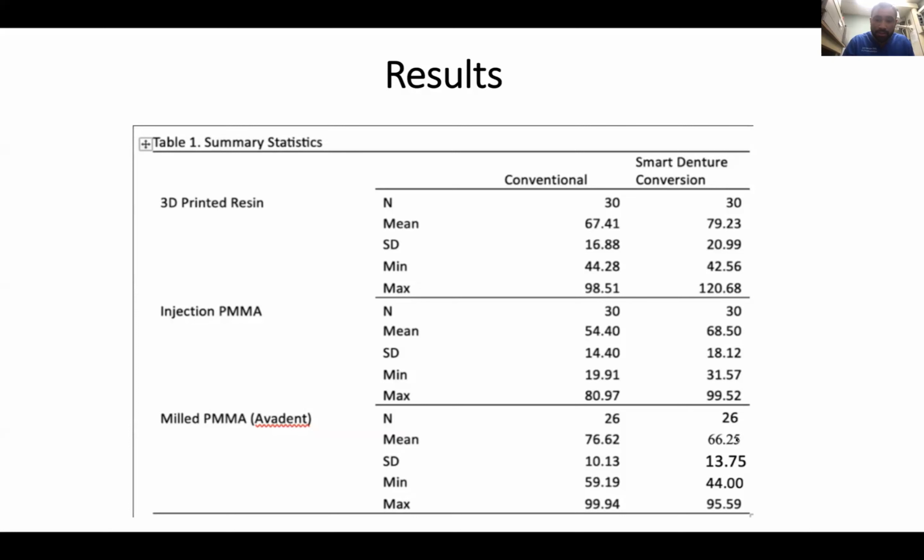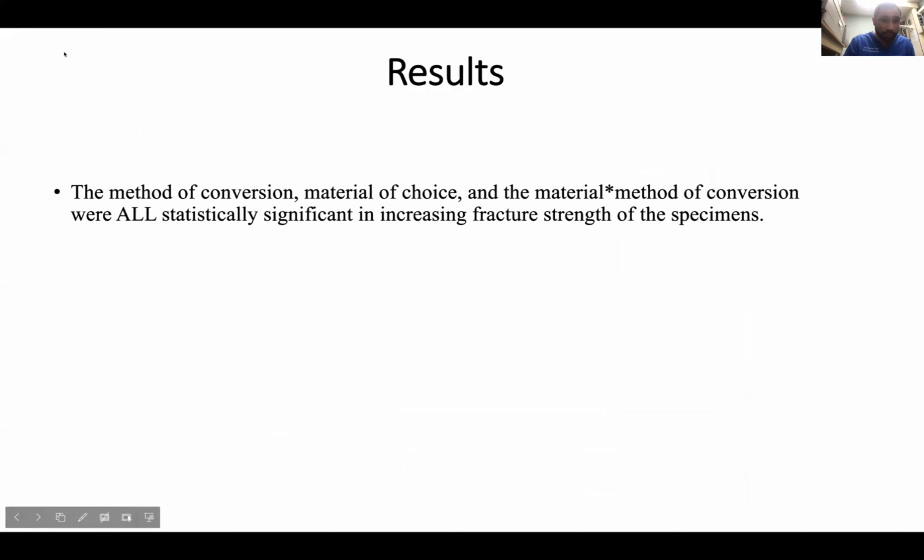When it came to the Avident mill, it was very close to the conventional, but due to limitations of a benchtop study, the conventional conversion mean came out to be a little bit higher than the smart denture conversion. But that's okay, because most of the samples in that study were stronger. We just had a couple samples break really early, and that brought down the mean. So if this was done again under more precise research, you would obviously see that the smart denture conversion is stronger. However, due to all of these numbers and reviewed by the statistician, we were able to confidently say